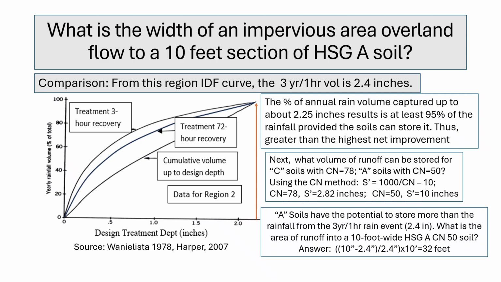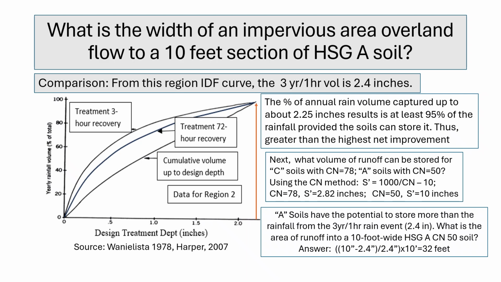For A soils with a curve number of 50, the S value is a much higher 10 inches. Comparing these values, the 3-year 1-hour storm volume in this region is 2.4 inches. Notice that the A soil's storage potential of 10 inches is significantly greater than this rainfall event, highlighting its high capacity for infiltration. In contrast, C soils with an S of 2.82 inches are closer to the event volume, indicating